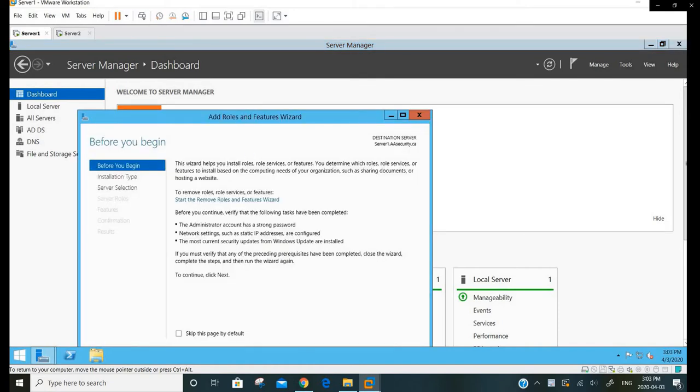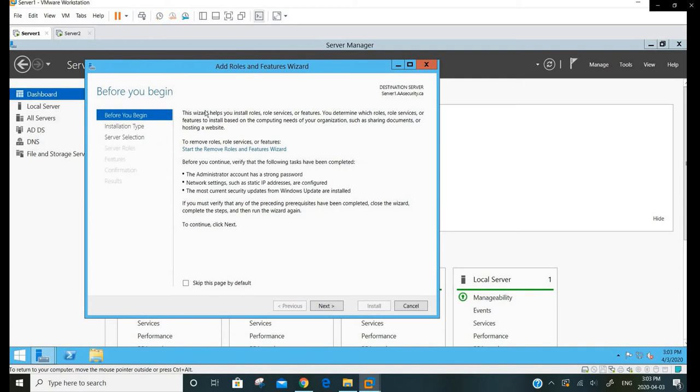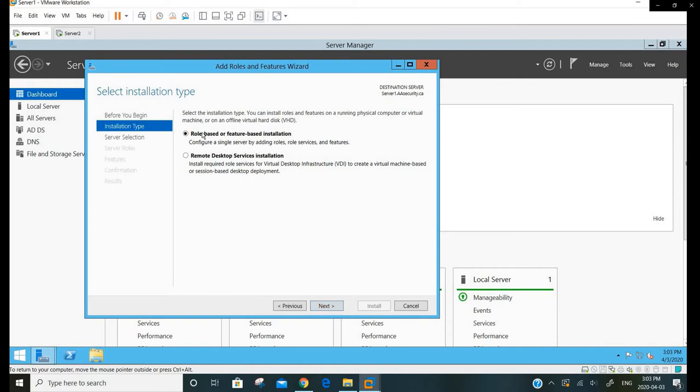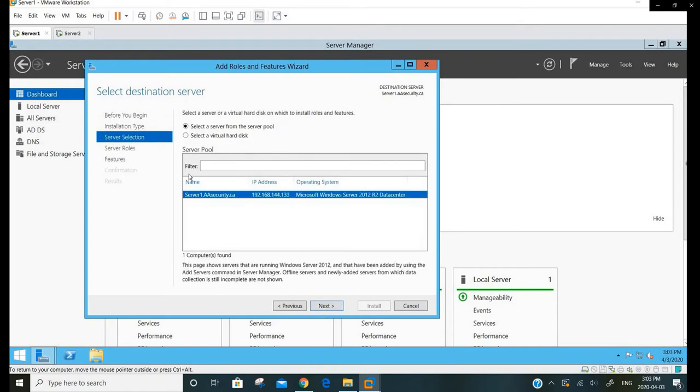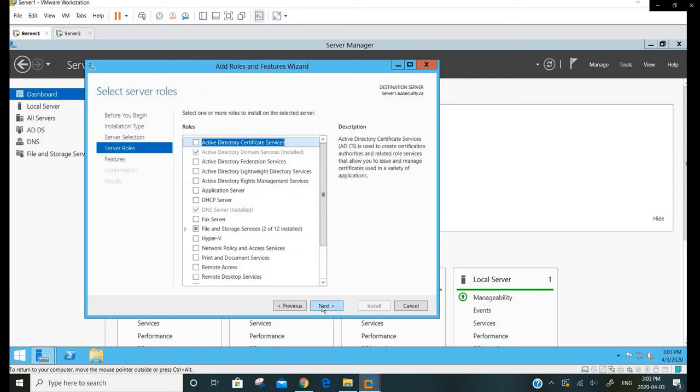You can click on dashboard and go on add roles and features wizard and then click next. Here you will click role based or feature based installation and then click next. Over here you just pick your server, so I already have my server, and then click next. In this you will have to find file and storage services and just click the drop down menu, and now you'll find file and iSCSI services. Just click the drop down menu,